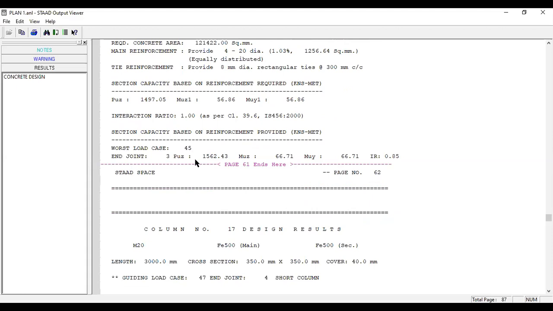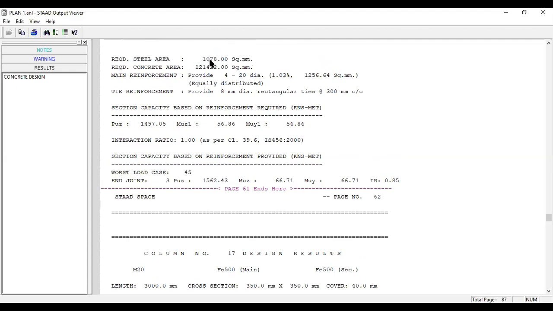And joint 3. And what are the PUZ? This is the case for which it is designed. For that much PUZ and MUZ, the column is designed, and that is the capacity of your column. It can take 1562 kilonewton compressive load, because we increased the area of steel from 1078 to 1256.